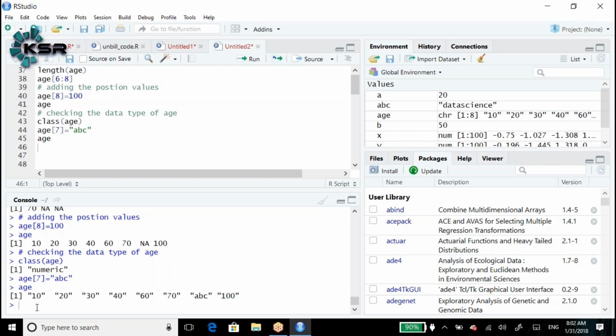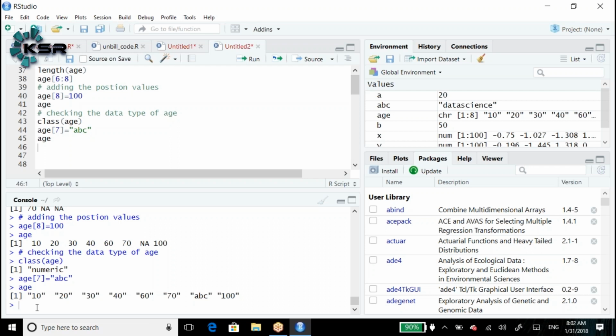That means if you have one character position in your entire variable, it will be considered a character variable. Let's say you have 100 numerical positions and one particular position is a character position. That means the entire variable or object is going to be considered as a character.